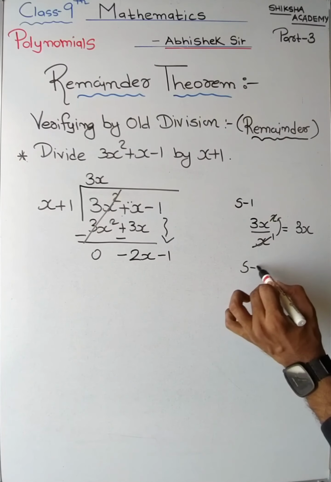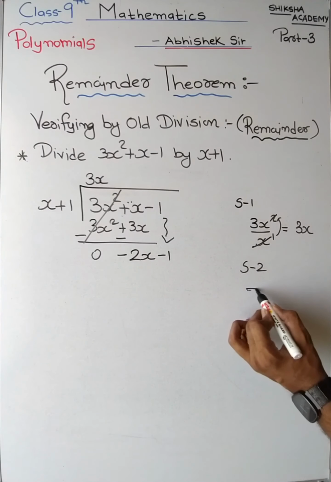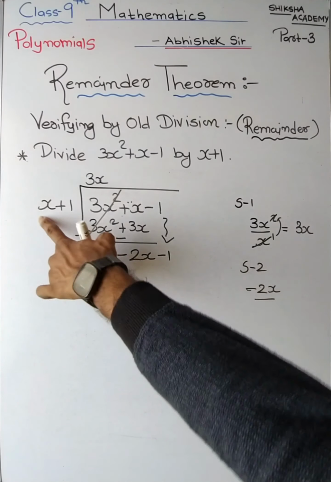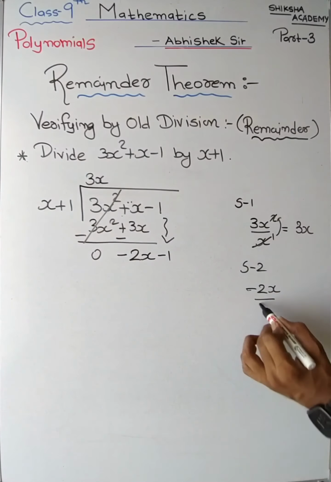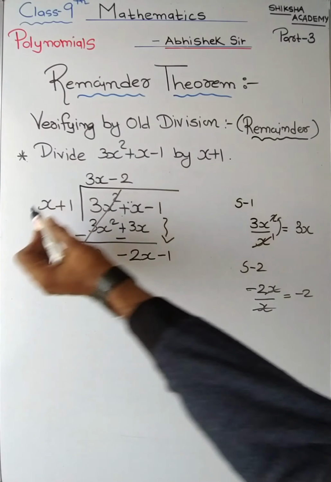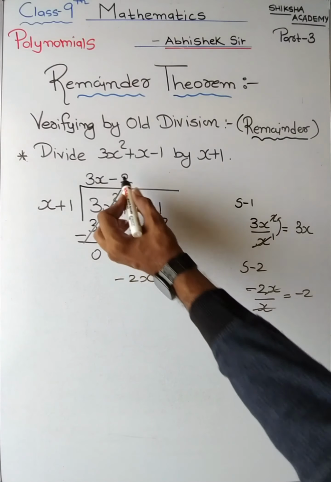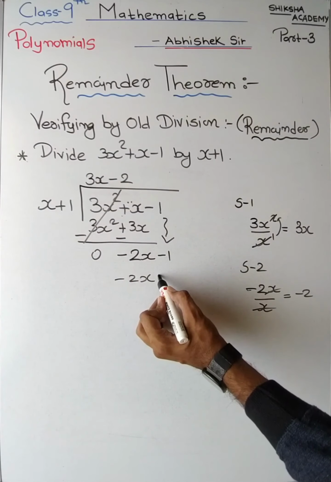Okay. Now step 2. Again the first term minus 2x upon the first term of this one. So x cancel, only minus 2. So minus 2 is to be written over here. So minus 2 into x becomes minus 2x. Minus 2 into plus 1, that will give you minus 2. Leave space, change the sign, cancel. Plus minus 1 plus 2 will give you plus 1 as the remainder. Clear? So here r of x, that means remainder, is plus 1.